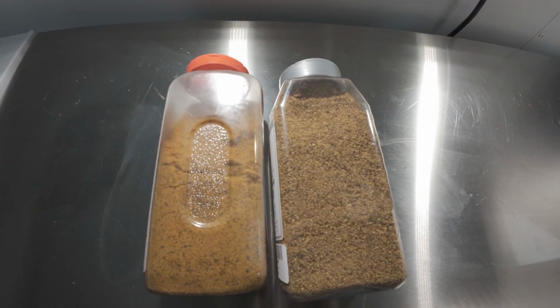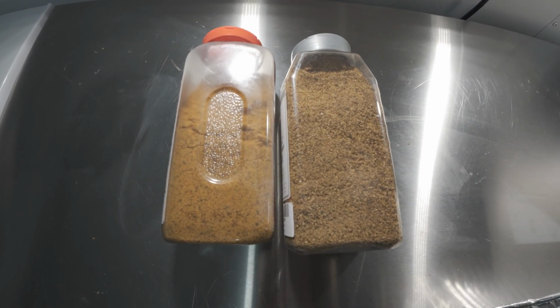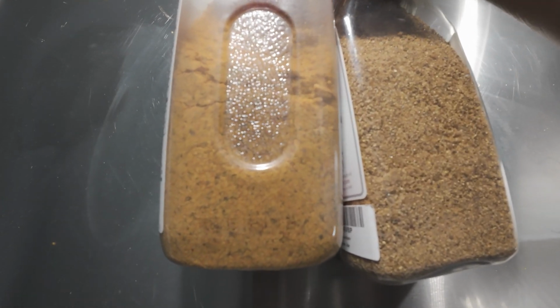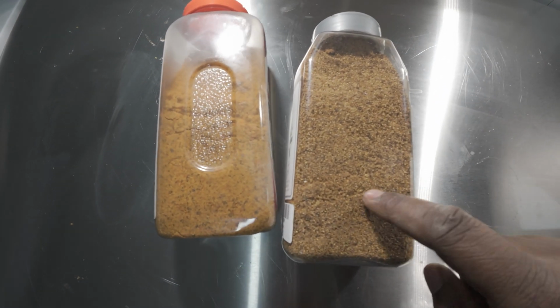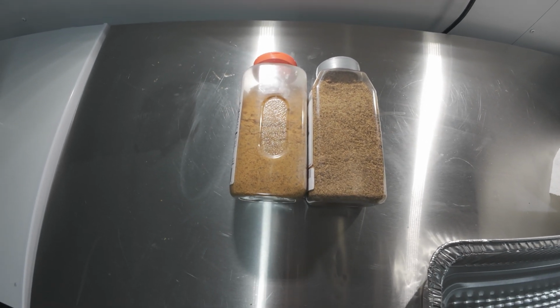All right, first I'd like to start off by comparing it to the pecan rub here. Now, as you can tell, my pecan rub is a lighter brown. And here's my wild cherry rub, the new rub that I'm gonna be using today. Both of them are really, really good. No MSG,